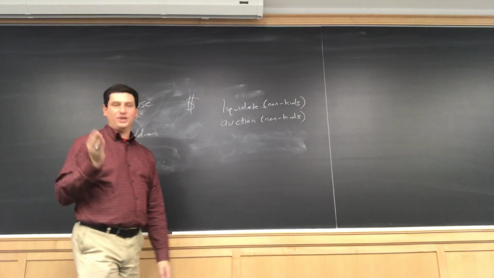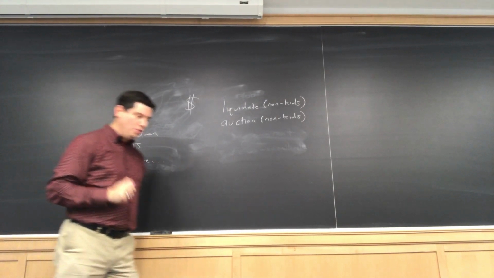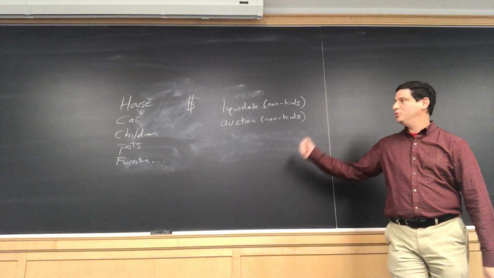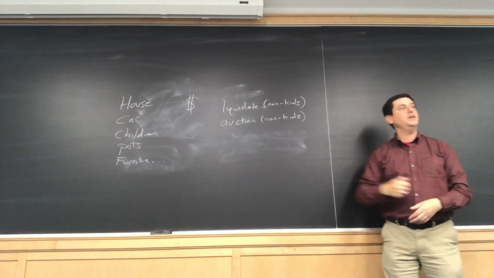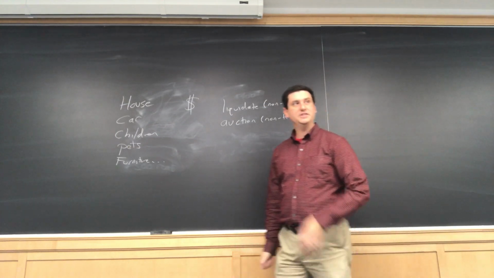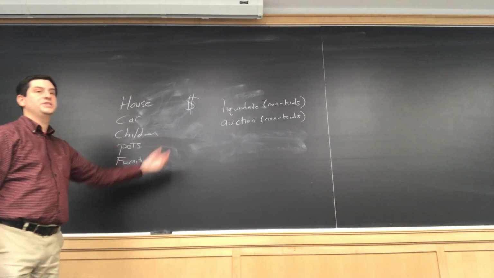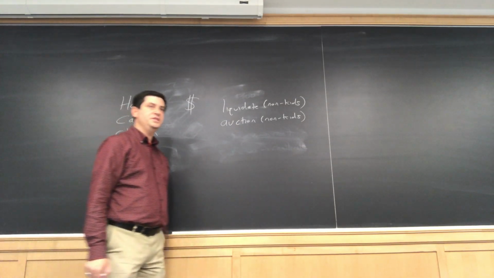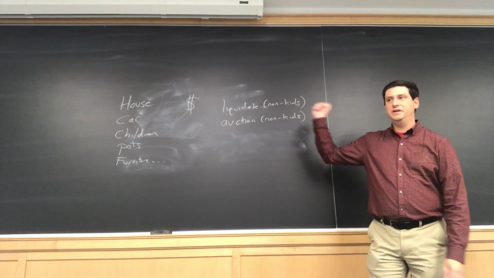So you default, okay. We're more likely to stay with the house than walk away. So you're more likely to stay with the house than walk away if you have equity in it. If you have to put 20% down, and you just declare, oh, I'm bankrupt, okay, that's fine. You've now lost 20%, and that's a significant amount. If you put nothing down, then there's no incentive to prevent you from declaring bankruptcy. But there's another reason. What is the bank going to do, say, if you declare bankruptcy and they own the house now?